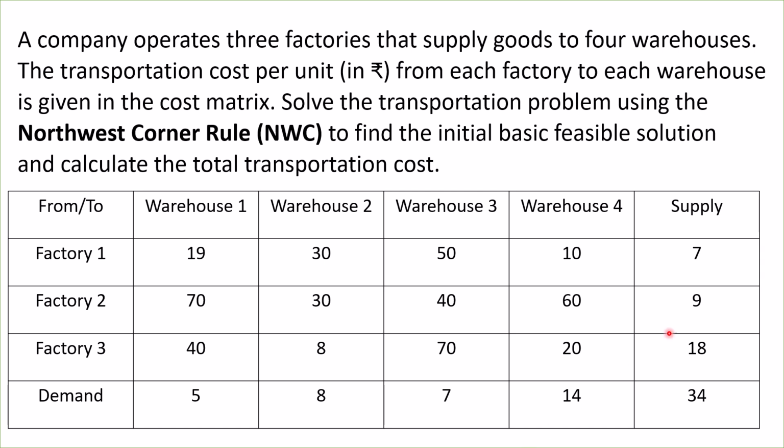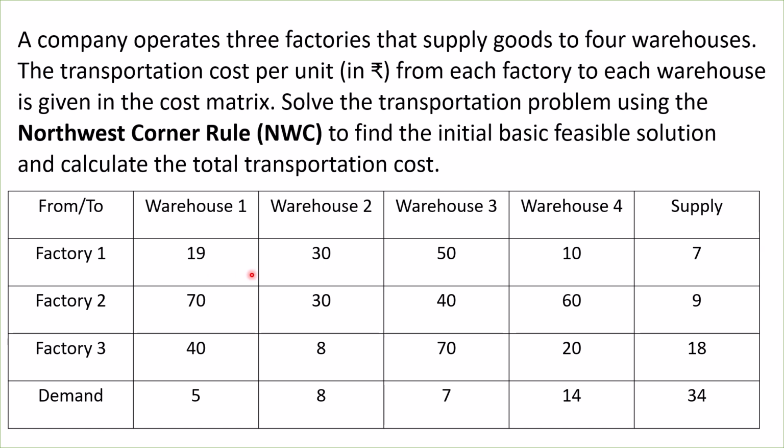However, we need to transport these units to the warehouses according to their demand. But here the other problem is, if you want to supply 5 units to warehouse 1, from which factory we need to transport, whether factory 1, factory 2 or factory 3. So usually you will say that whichever is having the less cost you will be sending. But here